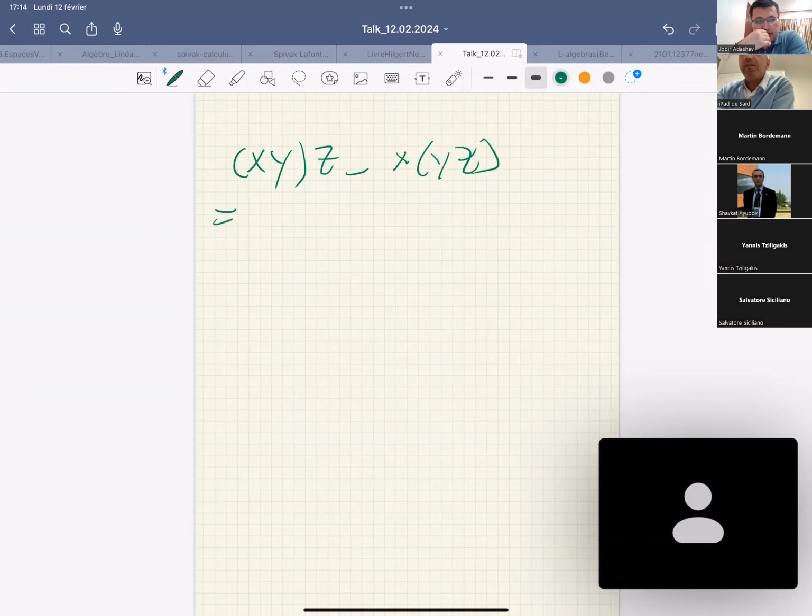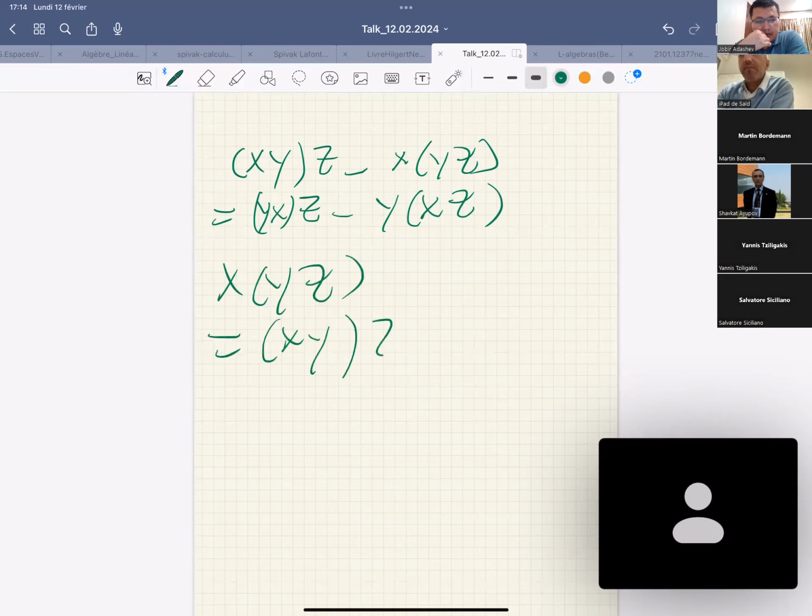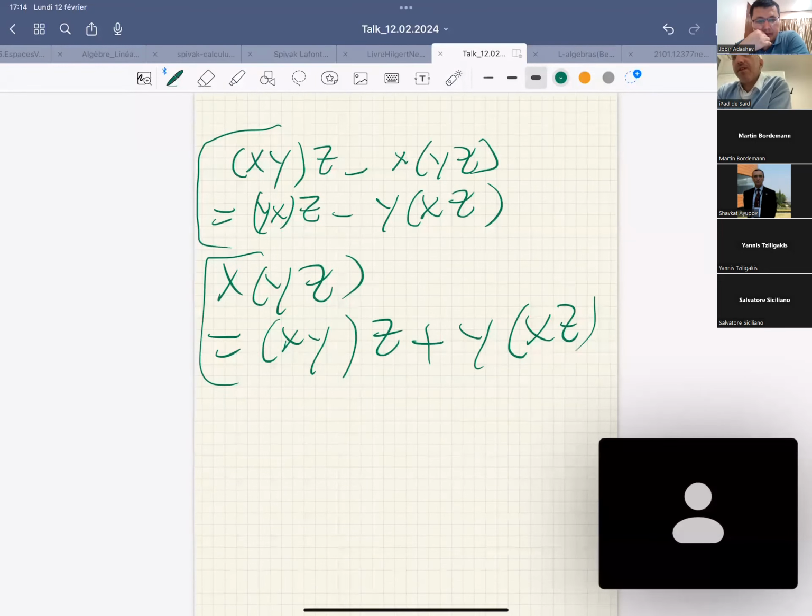Left symmetric is this one. Okay. This. Exactly. And left Leibniz is, no, not this one. Left Leibniz is this one. You have this one and this one. Yeah, exactly. And